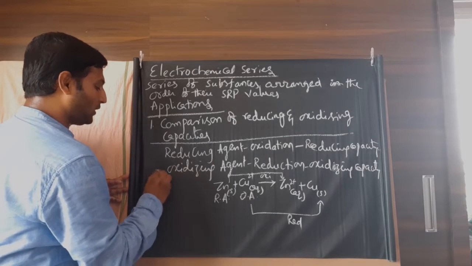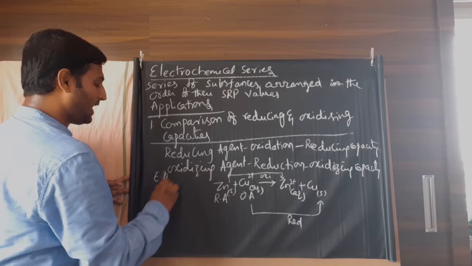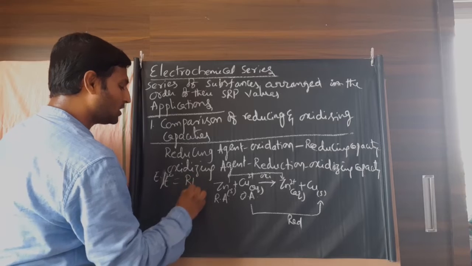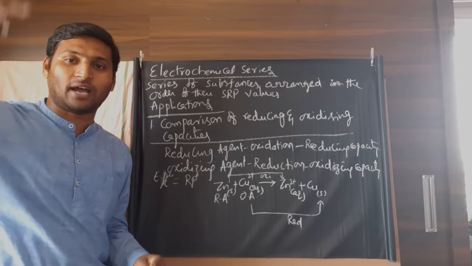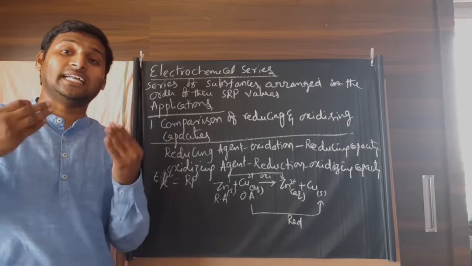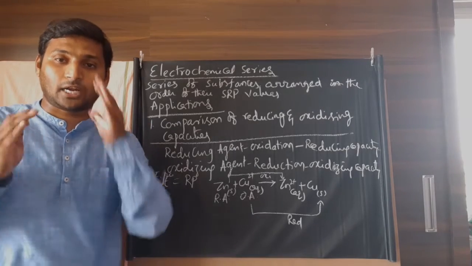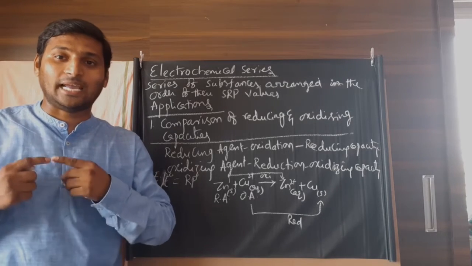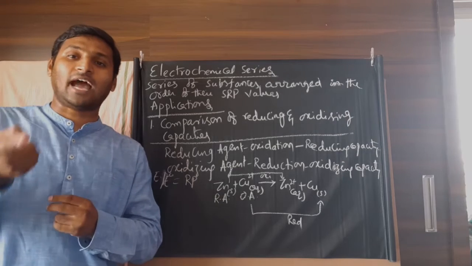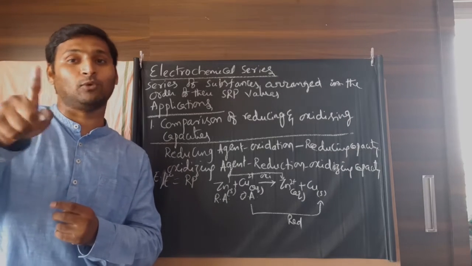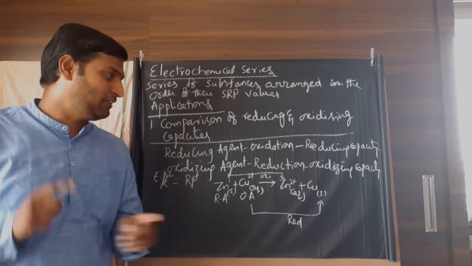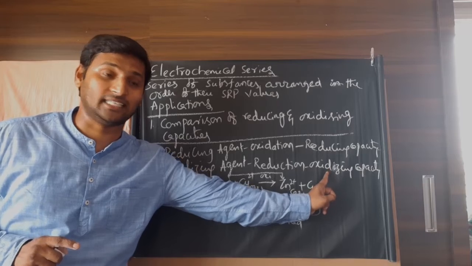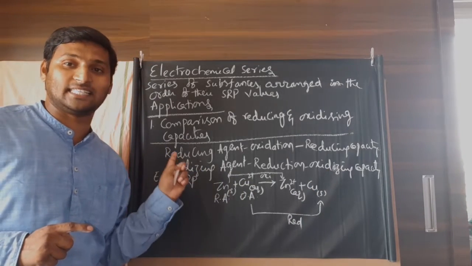What is electrode potential? Or we write E or E naught, electrode potential or standard electrode potential. What does it mean? It means the reduction potential. All the values you have in the electrochemical series are standard reduction potential values, because by convention electrode potential means reduction potential. What do you mean by reduction potential? Capacity to undergo reduction. The one having more reduction potential undergoes reduction more readily. If it is undergoing reduction more readily, its oxidizing capacity is greater. It's a stronger oxidizing agent.